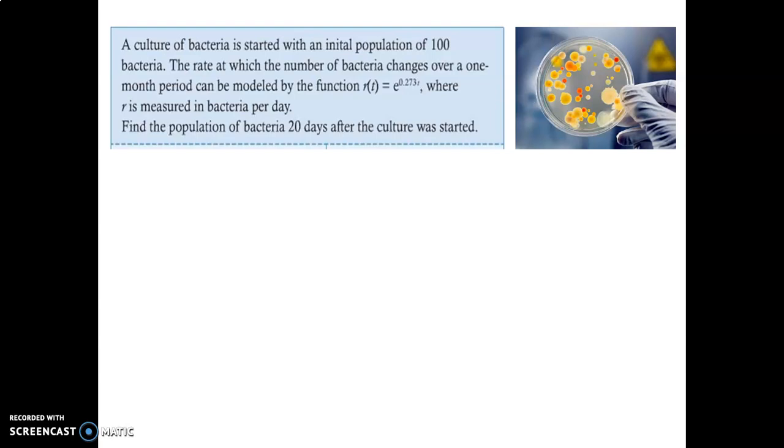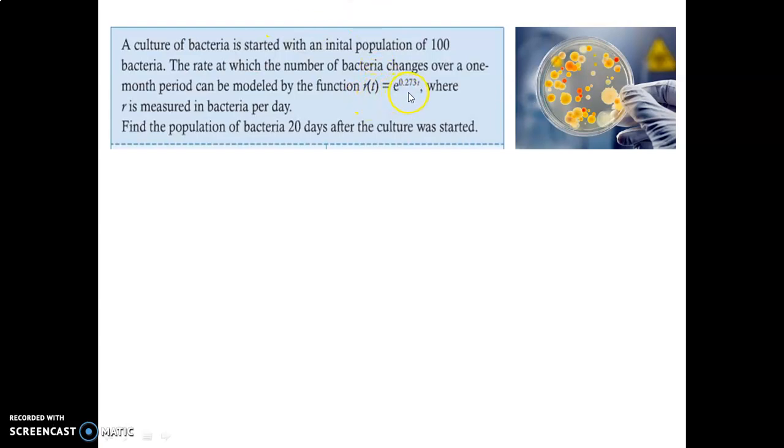So we're talking about bacteria. Here's a question we're going to look at together. A culture of bacteria is started with an initial population of 100 bacteria. So in the beginning, there are 100 bacteria, and then it grows over time. And it says the rate, I'm going to repeat that, the rate, this is the key to this lesson, the rate at which the number of bacteria changes over a 1 month period can be modeled by the function r of t equals e to the power